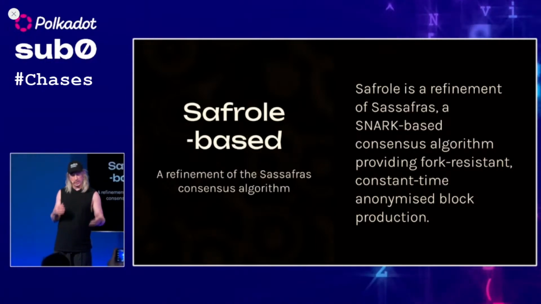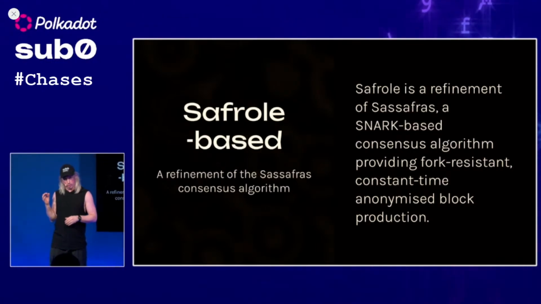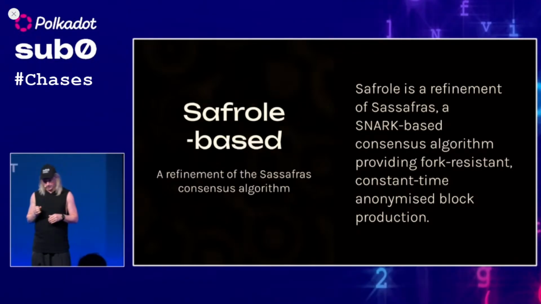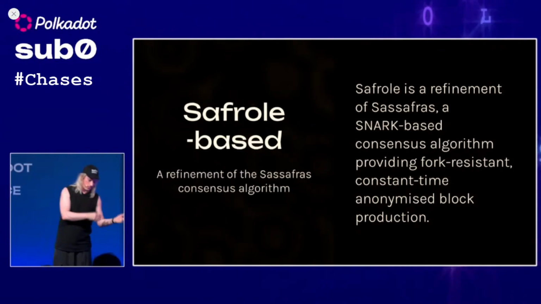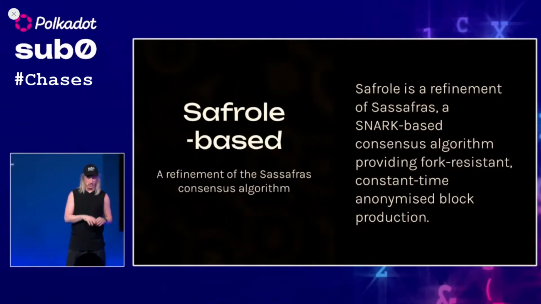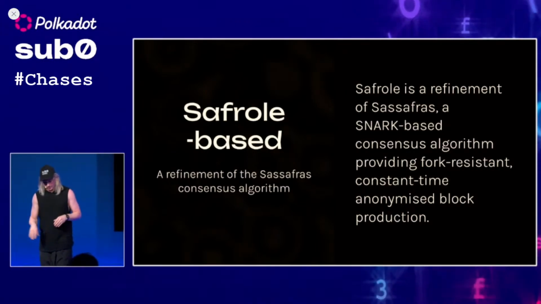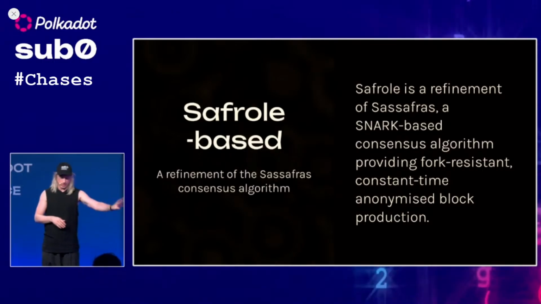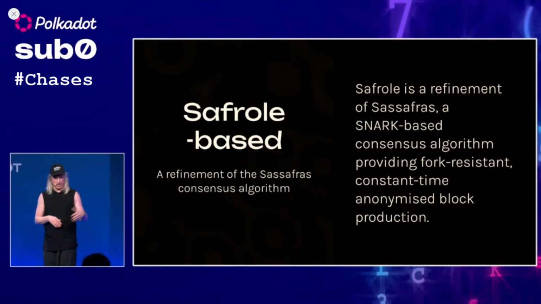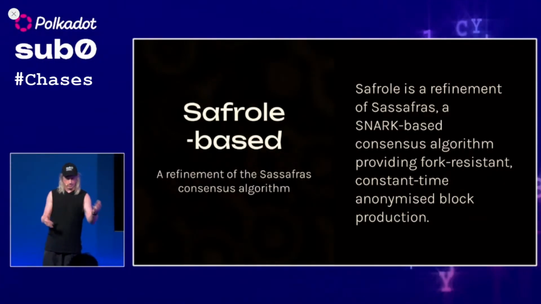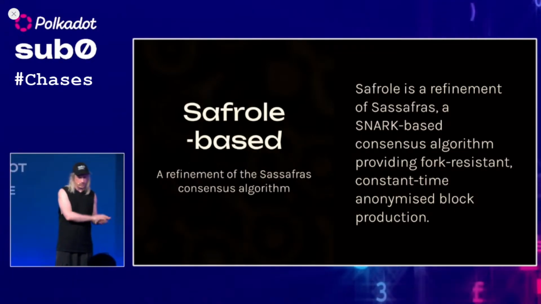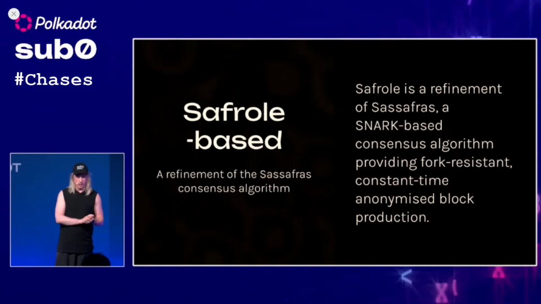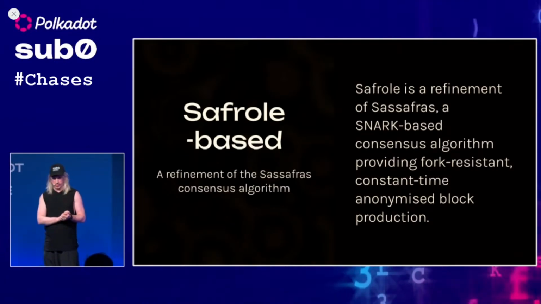So its consensus algorithm, specifically the block production algorithm, is Sub0 based. Now Sub0 itself, as I said before, is basically a simplification of Sassafras. It throws out some of the less important bits that may still possibly be useful for parachains. So it's not necessarily that parachains are going to use Sub0. They may probably stick with Sassafras, but really, for Jam, one of our main considerations was to make this thing